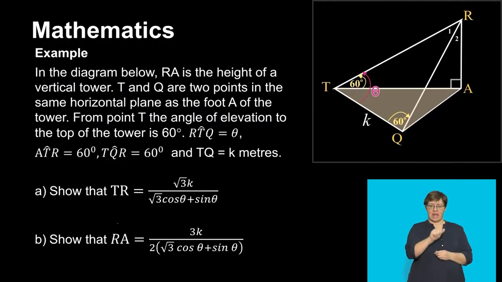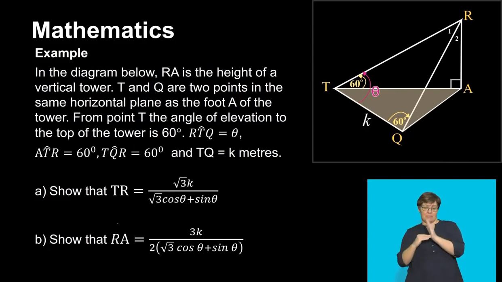In the diagram, we have RA equal to the height of the vertical tower. T and Q are two points in the same horizontal plane as the foot A of the tower. From the point T, the angle of elevation to the top of the tower is 60 degrees. RTQ is theta, ATR is 60, and TQR is 60, and they've given us that TQ is equal to K